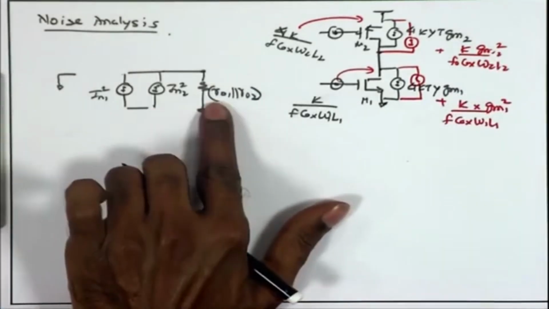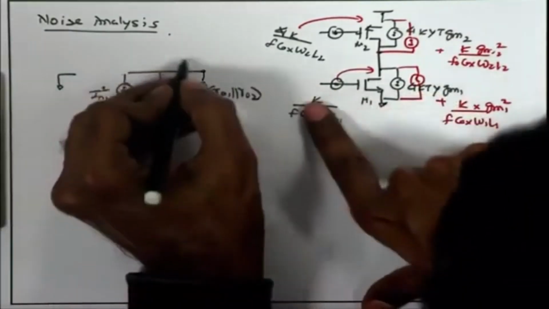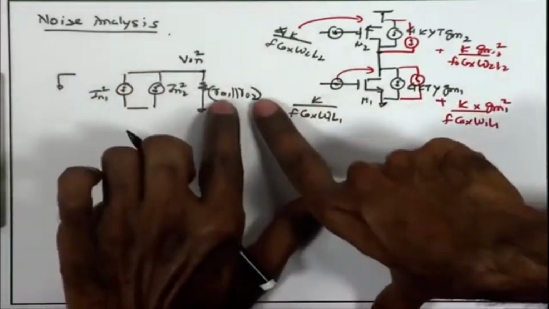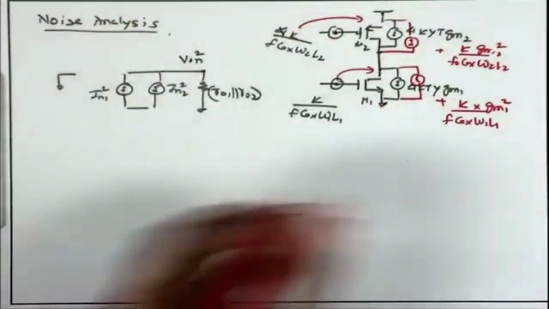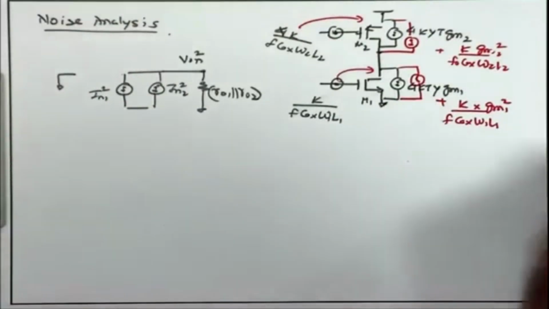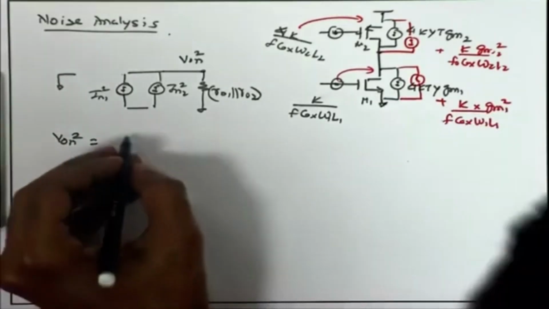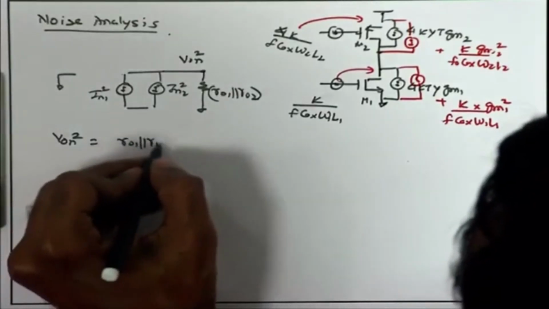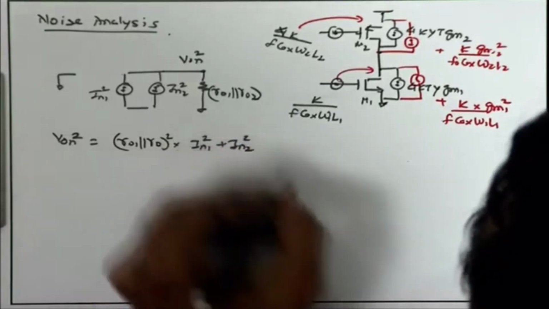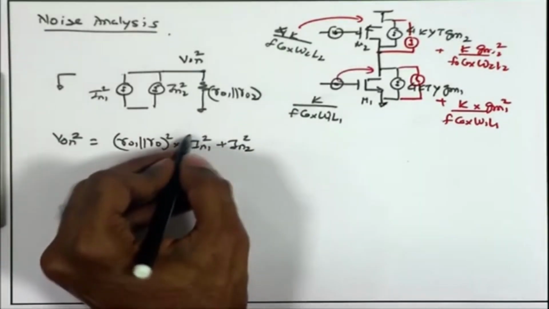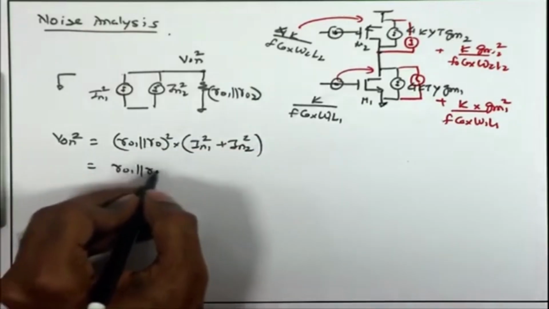and if you have to multiply and get the voltage, remember this is IN1 square, IN2 square, we want to get the VON square over here. So, we need to multiply this by RO1 parallel RO2 square. So, I can just write down the total equation for the VON square, which is just going to be RO1 parallel RO2 square multiplied by IN1 square plus IN2 square. Now, if I just expand this,